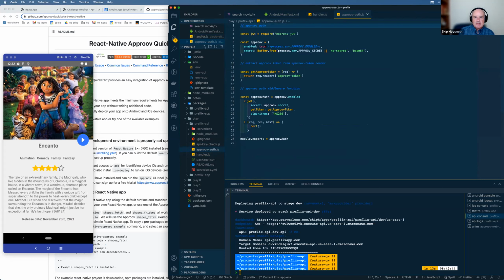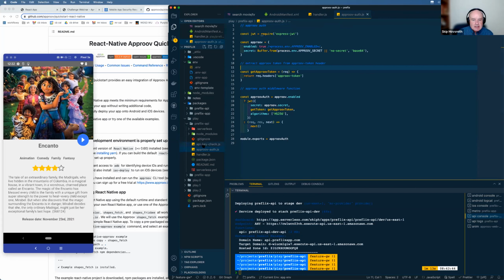It's always going to be enabled. In this case, we're getting the secret from an environment, so I'm not going to show you what that secret is. We're fetching the Approov token from the header called Approov token, and we're using just an off-the-shelf JWT check using the Express JWT package. I think that's from Auth0. It's just checking the secret against the token using the algorithm. In this case, I'm just using a symmetric hash algorithm. And so that is just going to be dropped in as middleware over in our